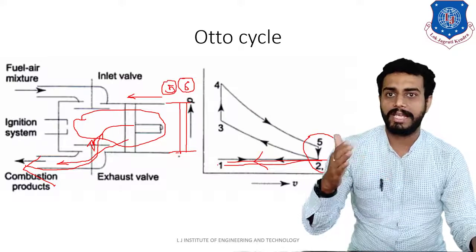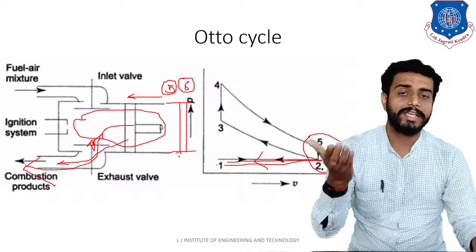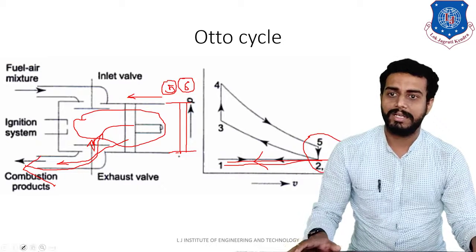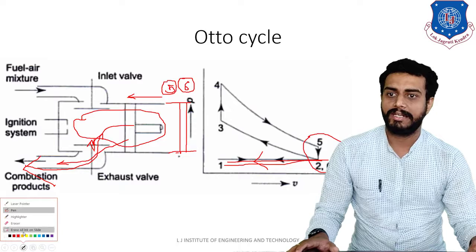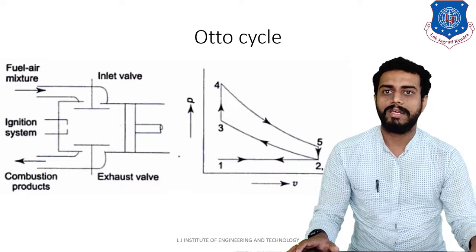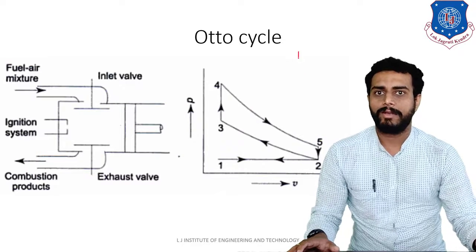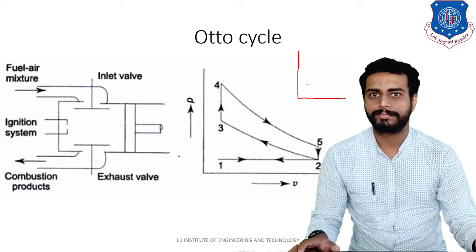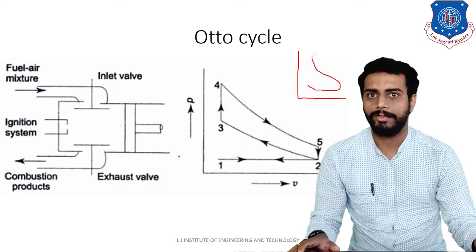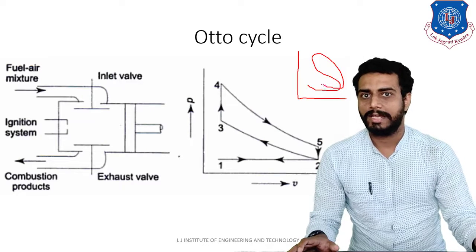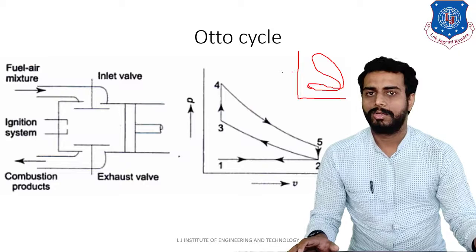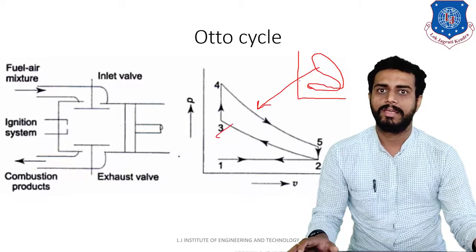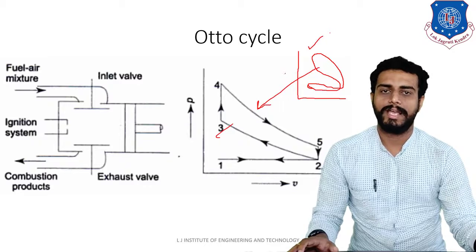So this is how the mechanical, or it is also known as indicator diagram of the Otto cycle. Now remember one thing, students, that this is the ideal indicator diagram. Okay, so if you plot the real life indicator diagram, then on the PV diagram it will look something like this. See, observe. I will draw it for you. So in real life, on the PV diagram, this diagram will look like this. Okay, so that will be the actual diagram.